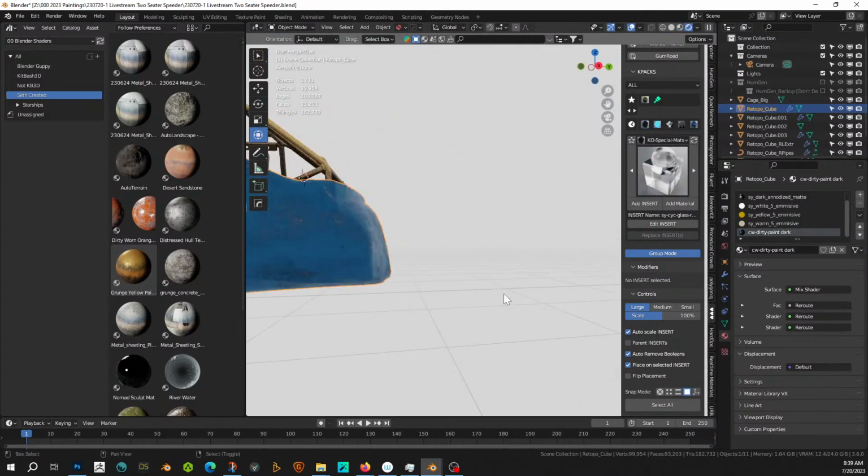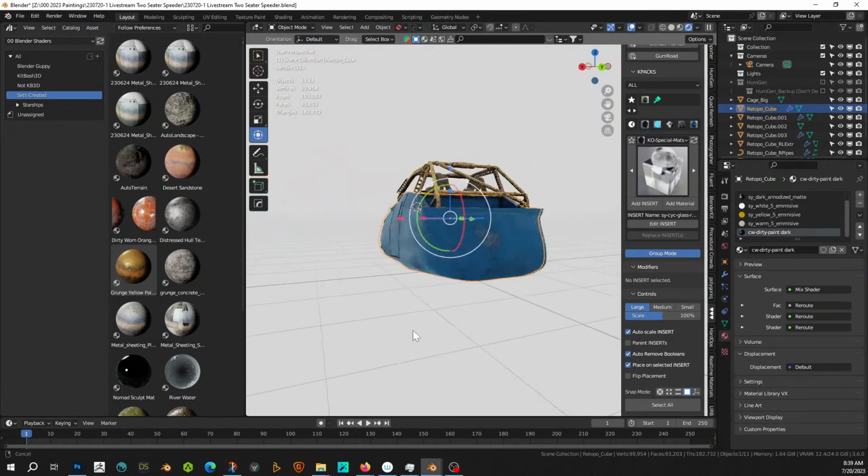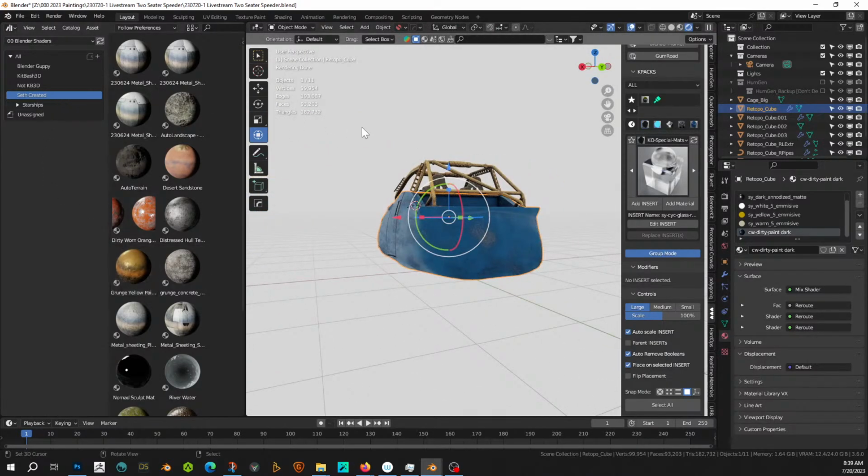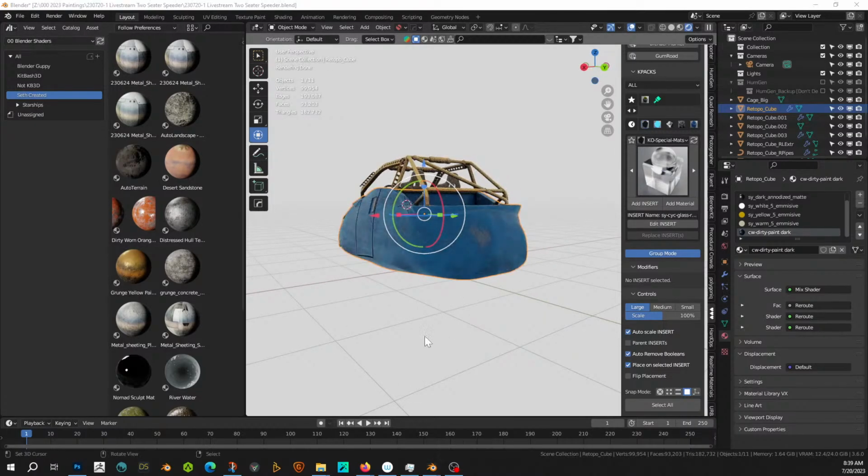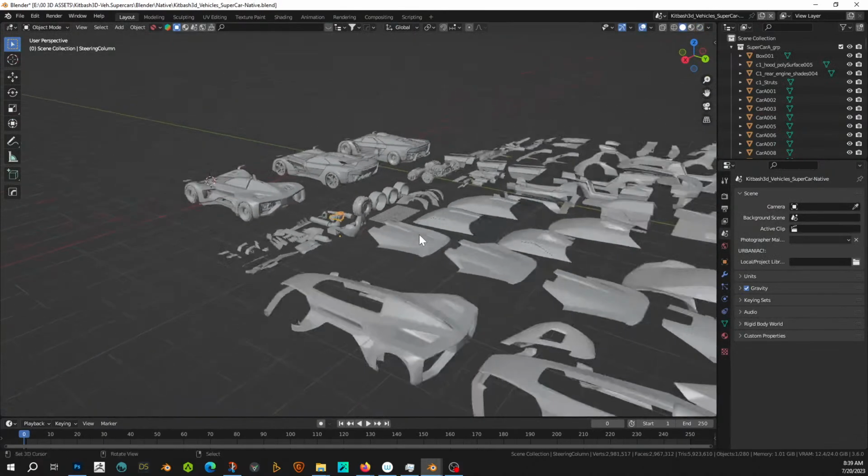Okay, yeah, no, we're not doing that as a bumper. I just don't like it. I think we might cheat it and kit bash something on top of that back end, because that back end looks bad. It's not a good one. Let's see if there's something in the car part, or we're just gonna use